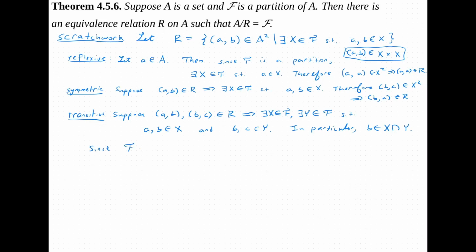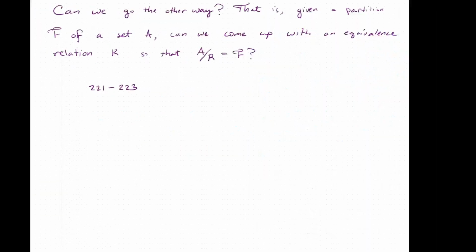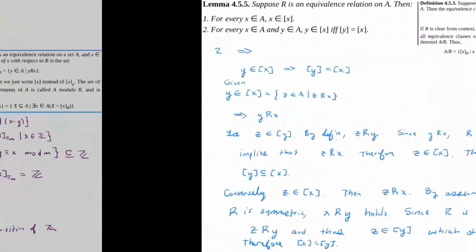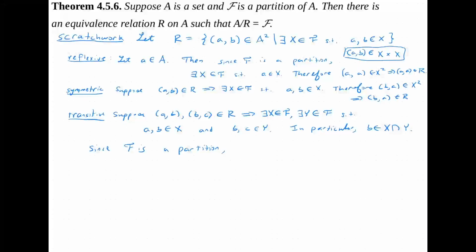Since F is a partition, we must have, by the definition of pairwise disjoint, what we deduce is that since X intersect Y is non-empty, they must in fact be equal. And so we see that from the contrapositive of this statement: if the intersection of X and Y is non-empty, then X is equal to Y. So we have that X must be equal to Y, which shows that now (A, C) is in X,